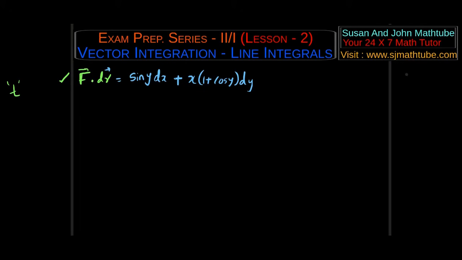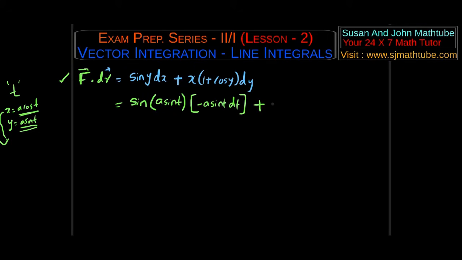So we know x is a cos t and y is a sin t, and dx and dy are minus a sin t dt and a cos t dt. So let's plug in all those values. So we get sin(a sin t), and dx is minus a sin t dt,